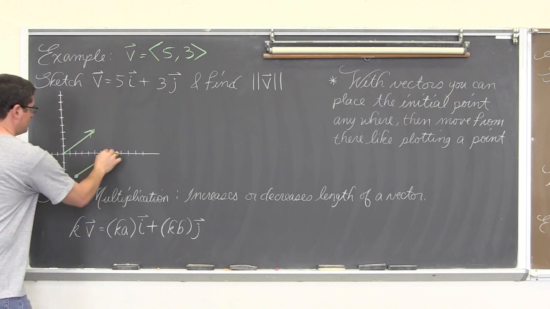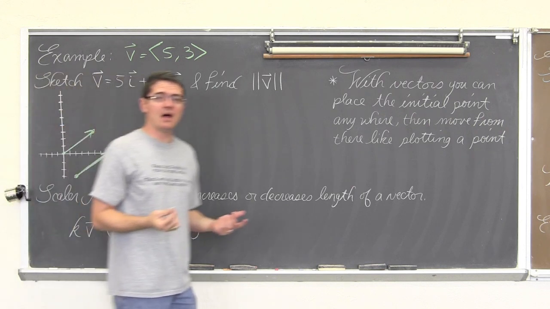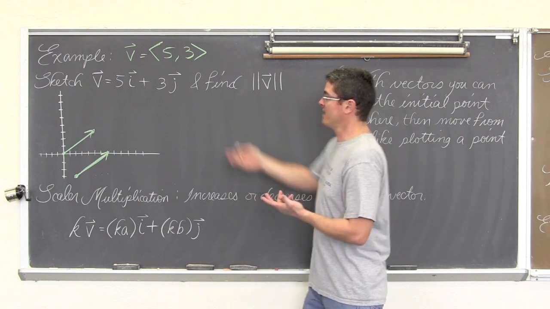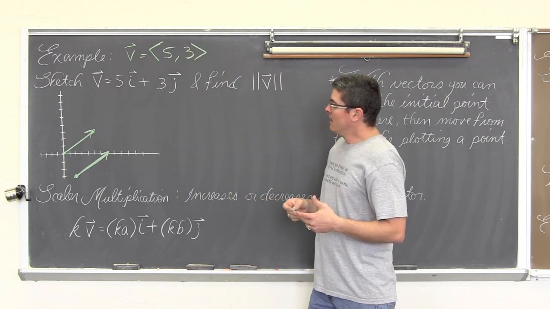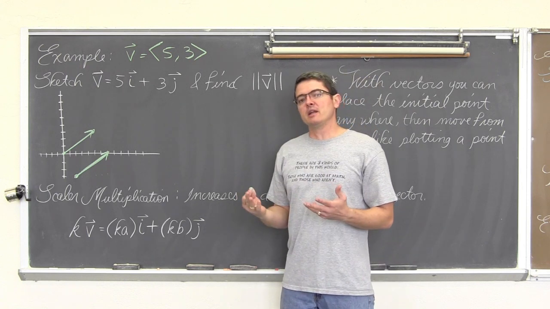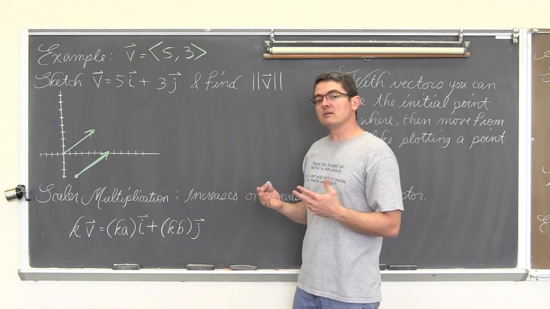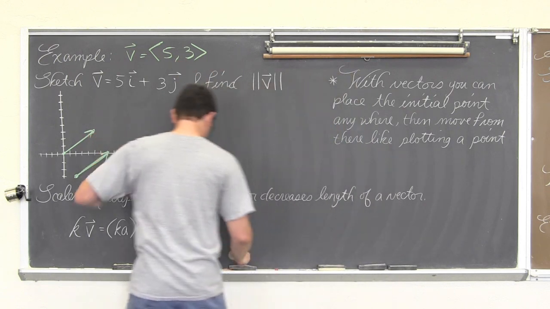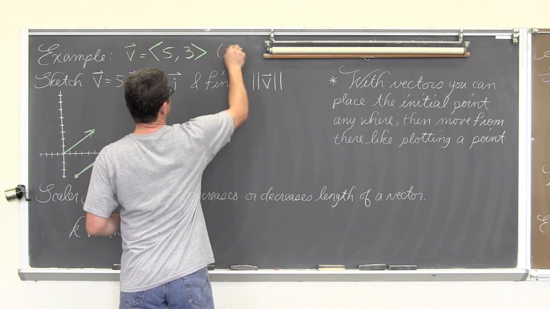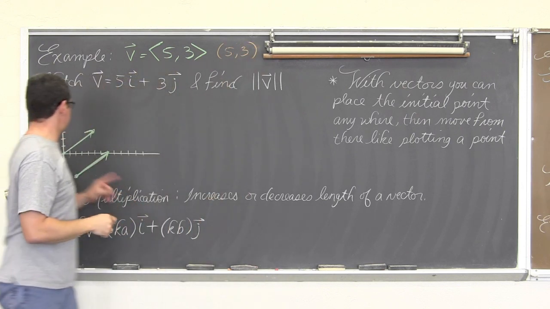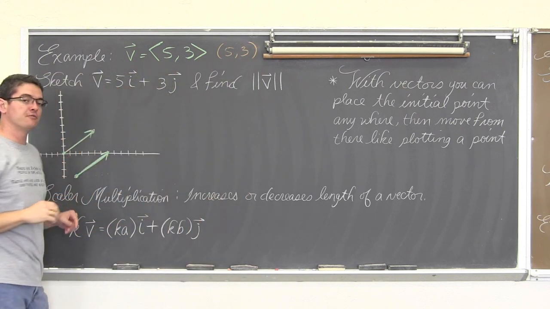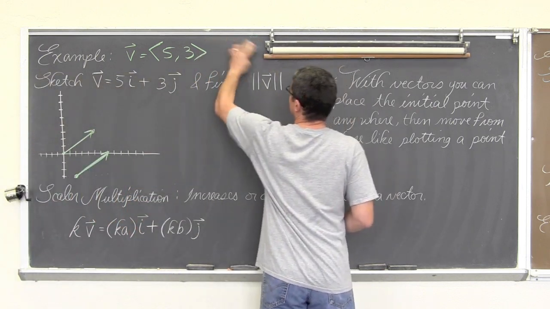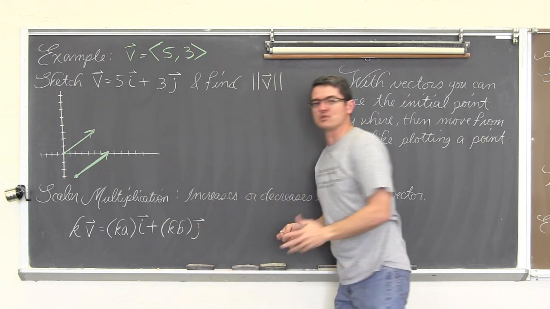Well, that's vector V as well. I didn't rename it, so I'm not going to call them equal vectors, though they are, but I'm displaying them both as vector V. So with vectors, you can place them anywhere you like, unlike a coordinate. If I said plot (5, 3), then that would simply be a point at (5, 3). It would not represent a ray, and it would certainly have to be plotted starting from the origin.